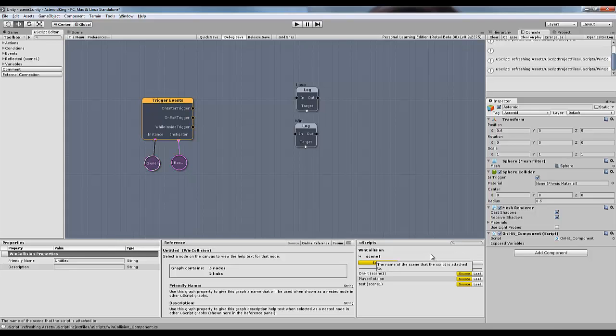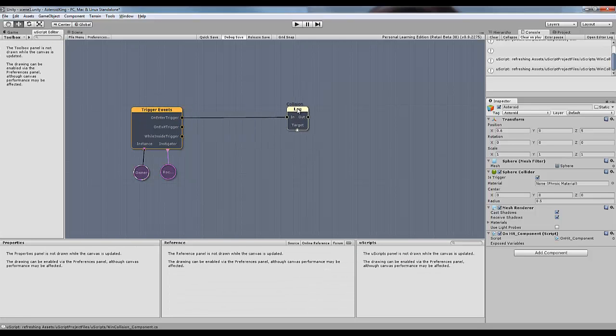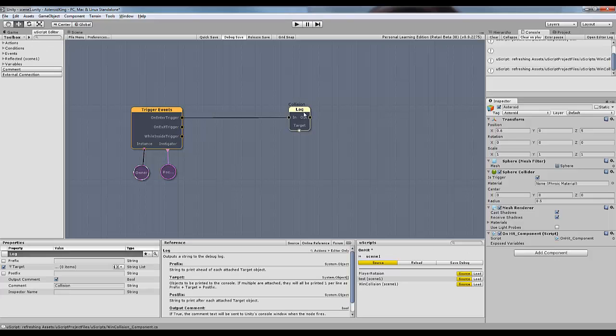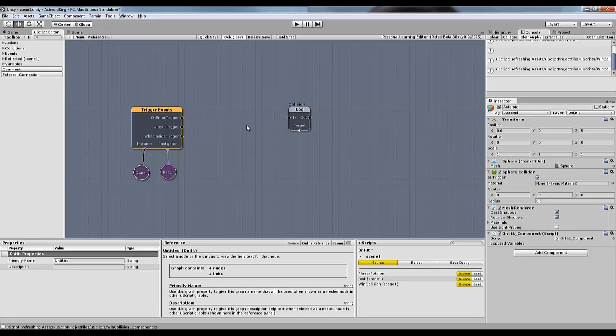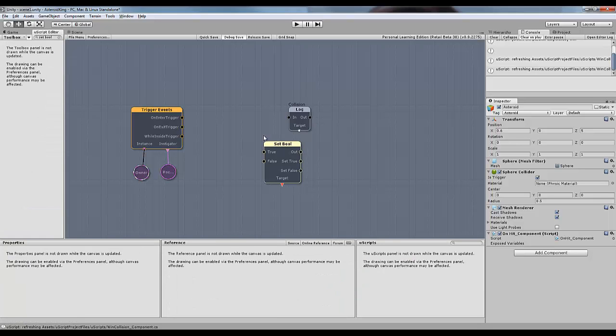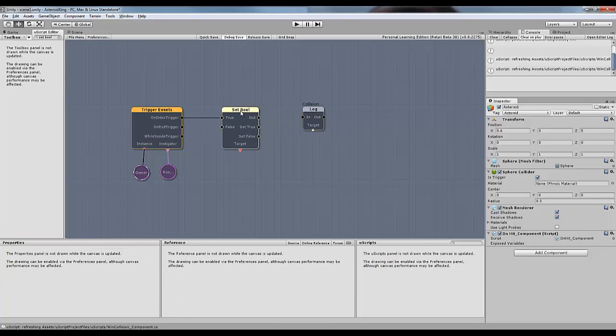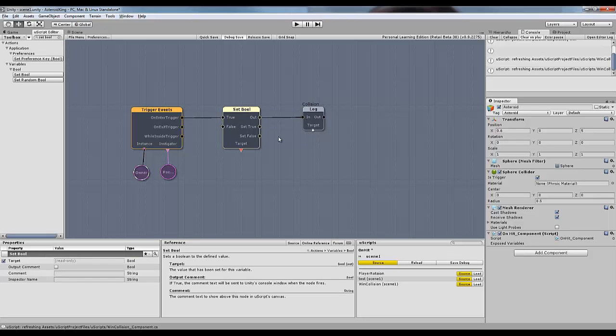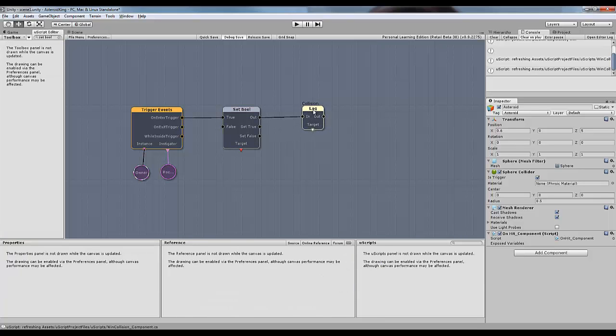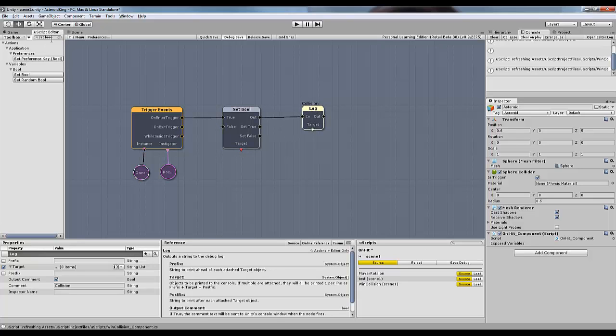So as soon as that compiles and we get the option to load it back up, we'll load that, and we'll move this one out further. We're still going to keep that for debugging purposes for the time being. But what we are going to do is have a set true or false, or a set bool for boolean, and we'll pop that there, and then we'll have it once you enter the trigger. So if the rocket ship hits the asteroid, then it's set to true, and then we need to actually have a variable